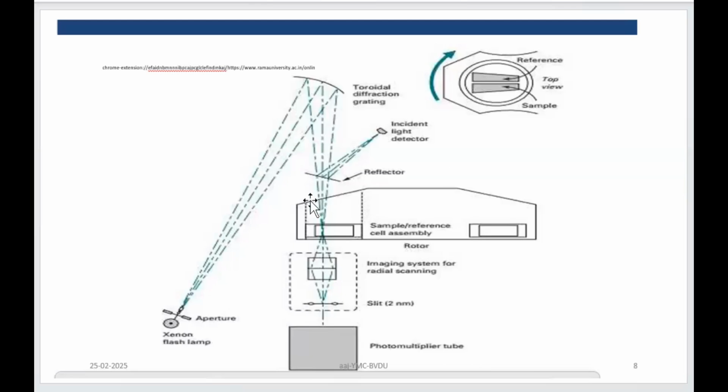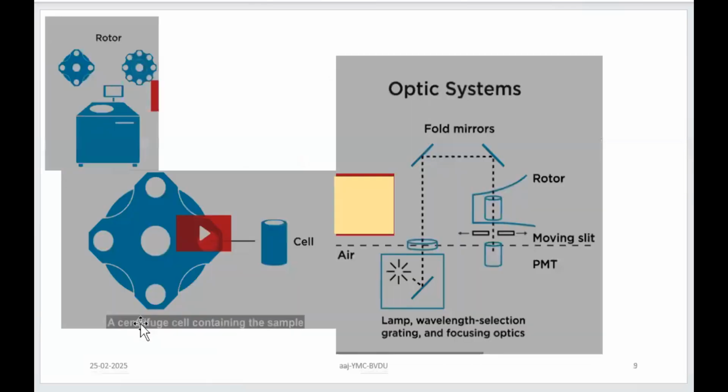So this is the cross section of the two cells of the rotor, right? So this is the sample cell of the rotor, and this is the reference cell of the rotor, and the sample cell has got the window. Window is going to allow the instrument optical system to characterize your analyte. So this diagram is very important and useful. Little magnified image, little colorful image that you can see here is your centrifuge. These are the arrangements. As I told you, four hole system.